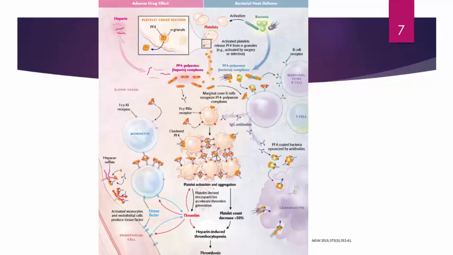In addition, because you're forming these complexes, you will have a decreased platelet count that occurs here. And that's where the term heparin-induced thrombocytopenia comes from. So it's a syndrome of a platelet decrease as well as an increased amount of clotting. That's what I want you to get from this picture: you have increased thrombin production and a decreased platelet count, typically above 50%. And that may present with or without thrombosis as a complication.